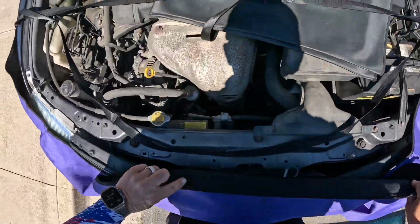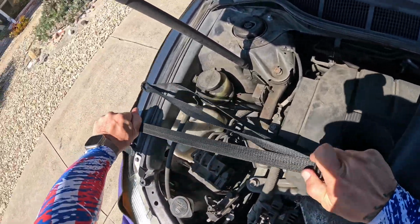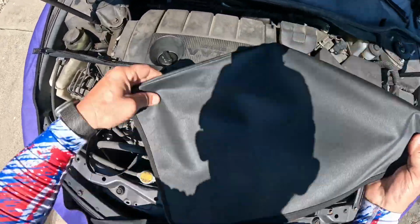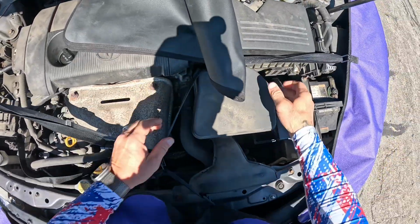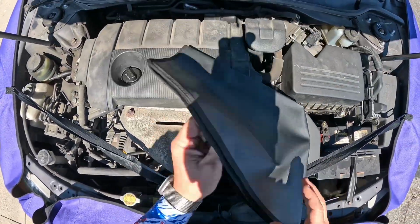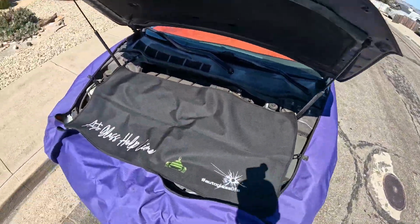Find our center, and grab our middle strap here. Tighten this down so it pulls our fender covers up over our edges there. And then our little S carabiner here. Hook that so we are fully covered. We'll throw our engine cover up here like so, and we can put our wipers on there without getting everything